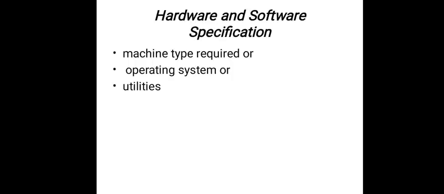In the next section, we have to write about the hardware and software specification. Any specific type of hardware, machine type required, any specific operating system required, or other utilities which are required we have to mention in this section. Then we have to write about tools and techniques used with reasoning. In application, tools which are to be used on the front and back end of the system to be developed should be listed. The reason for these tools should also be enlisted.